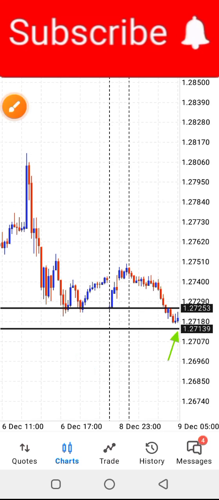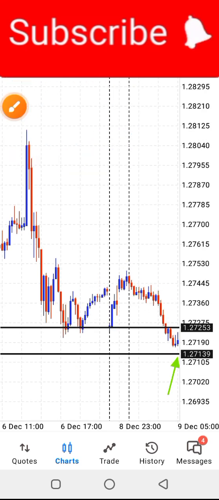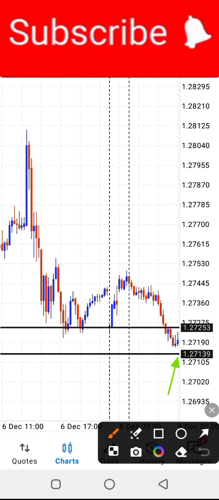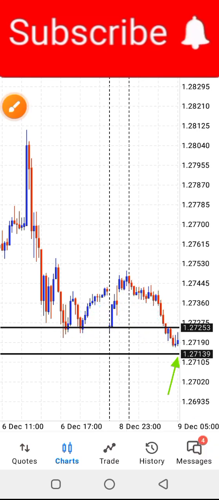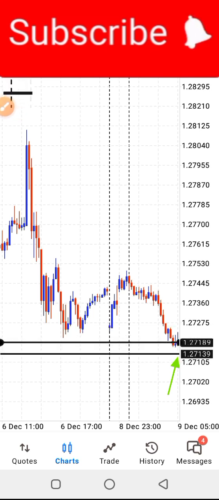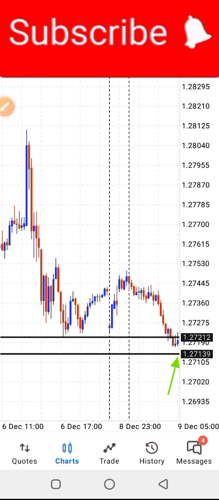So price opened on Monday at this particular point. The opening will be somewhere right here. Price opened there, then manipulated to take out the liquidity below this low. It's more like accumulation, manipulation, and distribution. You understand? It's going to manipulate to take out the liquidity of the previous session, which is Friday. So this low is what you're going to mark,